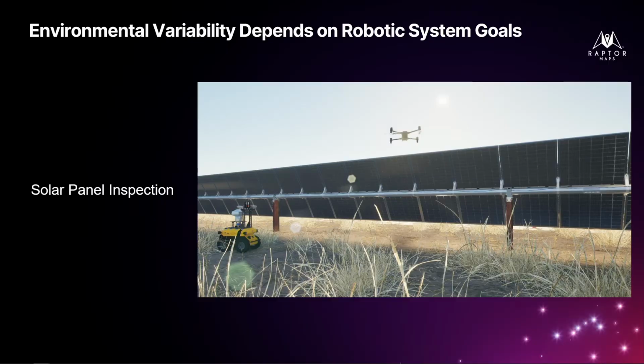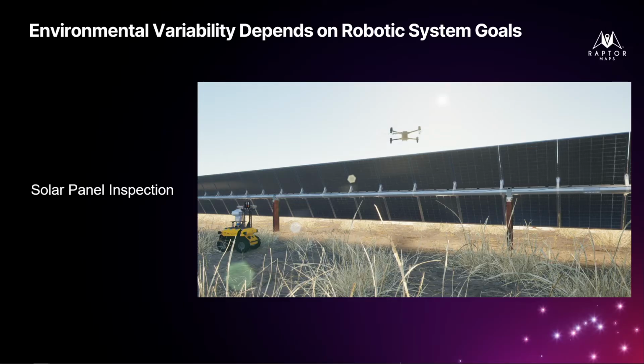And then I think this kind of goes back into the infrastructure inspection scenario. But the reason I wanted to highlight this particular thing is, I'll touch upon this towards the end. This is actually a project that we're undertaking with a company called Raptor Maps, which does a lot of solar panel inspection using drones and wheeled robots. And this is a cross-form factor collaboration scenario. So you've got two different kinds of robots that need to work with each other and be aware of each other and so on.